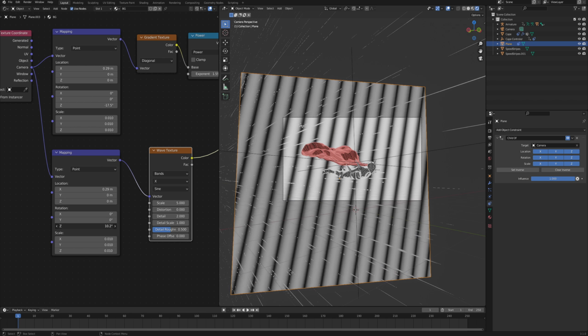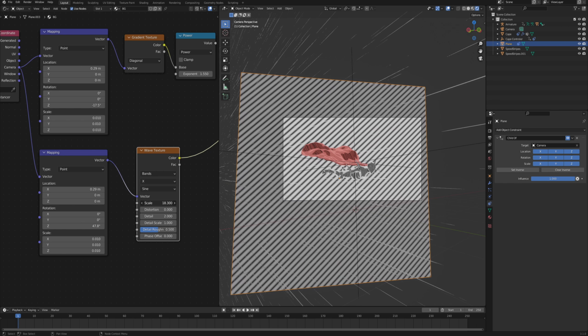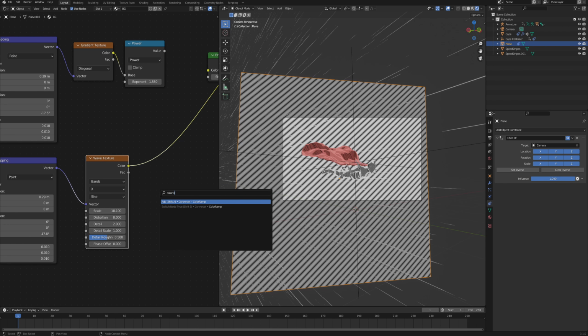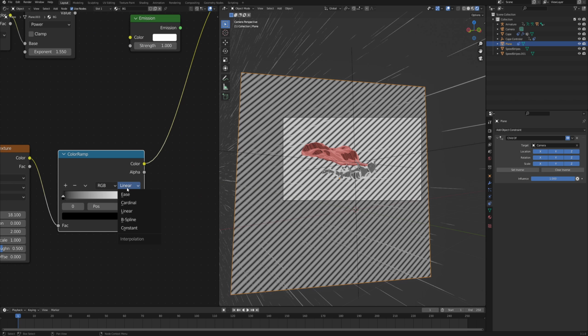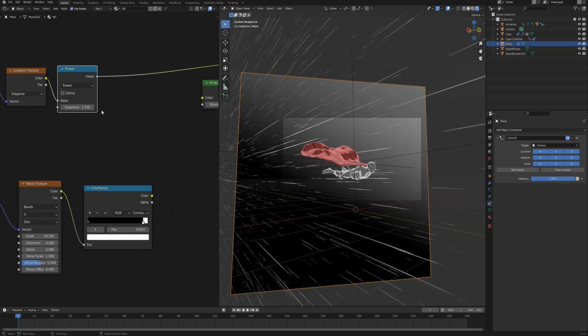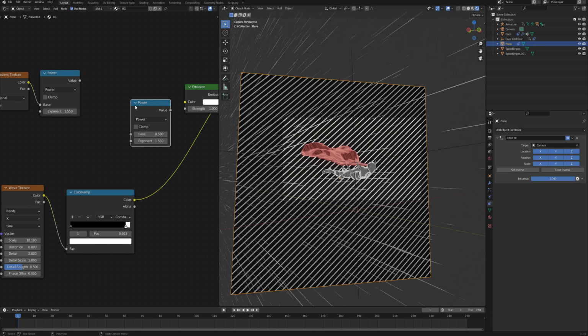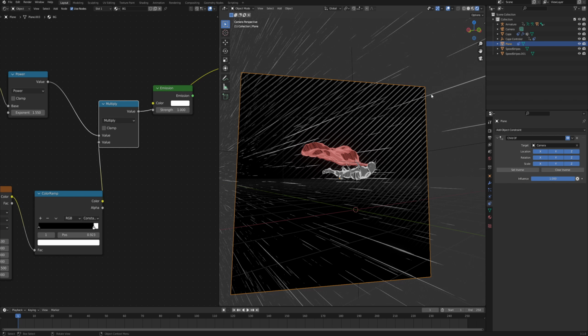With this wave texture, I want them to go sort of like this, in this direction. I will also increase the scale to make them much smaller, and I will add a color ramp right after to control the contrast of the lines. So I will change it again from linear to constant and bring down the white value, something like this. Now let's combine this gradient and those lines, and we can do that using a math node. Simply copy this power node and change it to multiply, and then connect those two values like so. As you preview that, you can see that the lines are more visible on this corner than they are on this corner, which I think gives a nice depth to our scene.